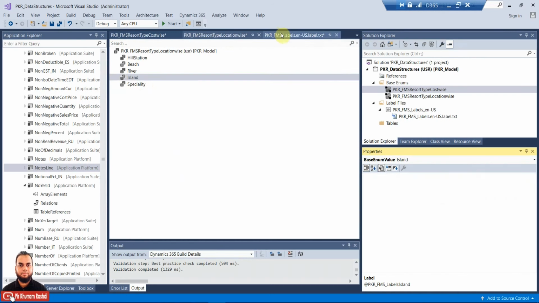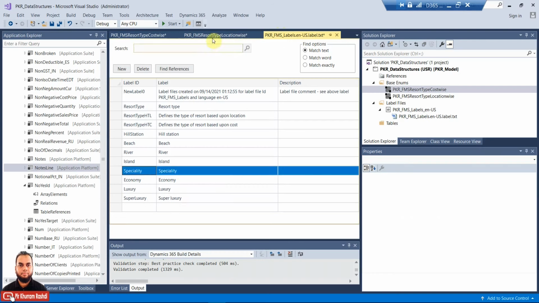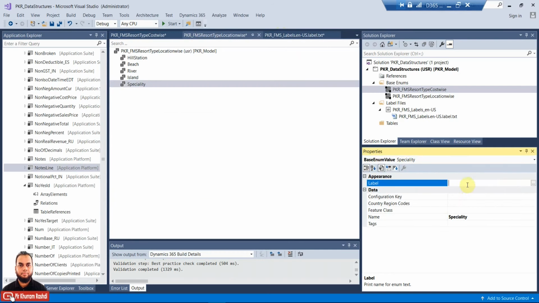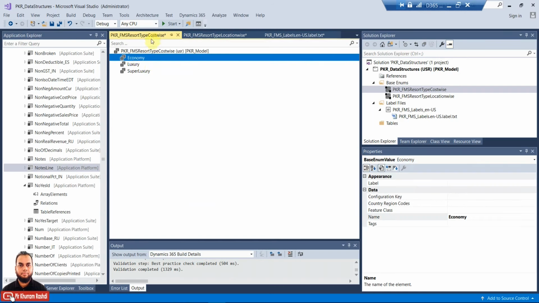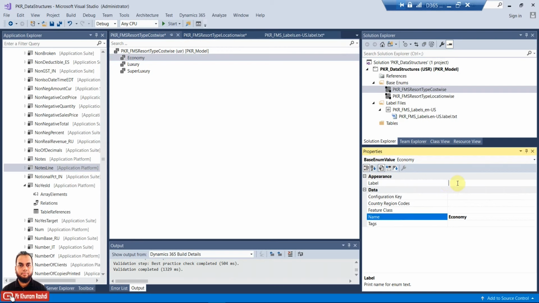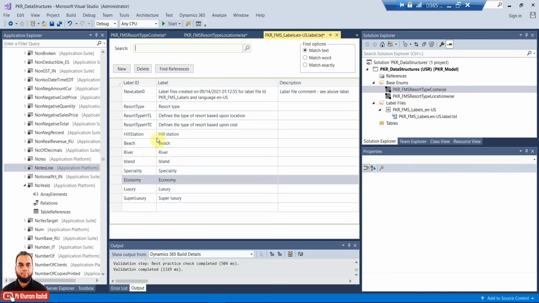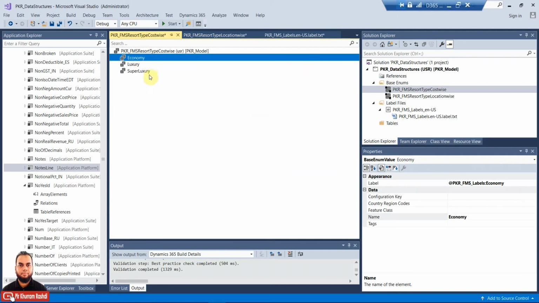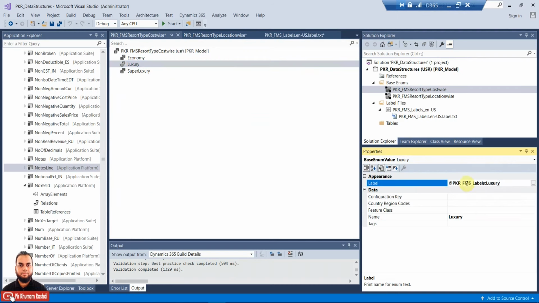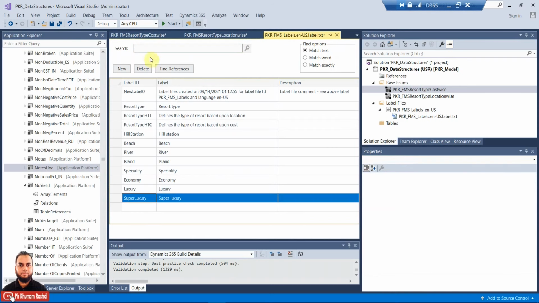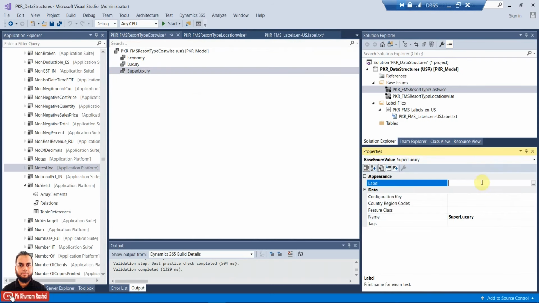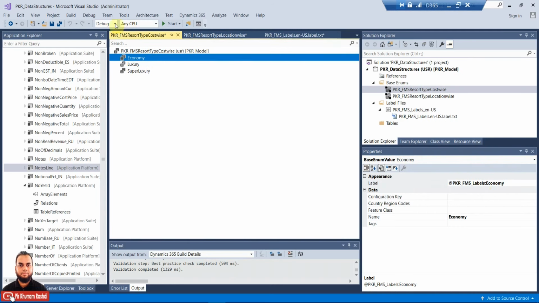Island is copied, and then specialty, specialty based resort, and then economy, and then we can go to luxury, super luxury, and we have completed our enums now, and we can just save it.